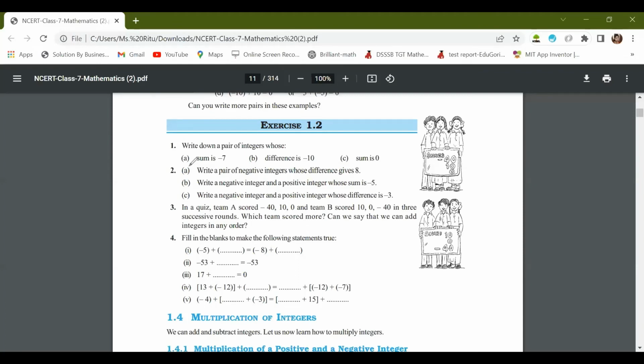क्वेश्चन नंबर 1, write down a pair of integers whose sum is -7. तो what you have to do here ना, आपको दो कोई भी ऐसे इंटीजर लेने हैं of your own choice, ऐसे दो इंटीजर जिनको आपको ऐड करने पे -7 आंसर मिले। तो जैसे suppose मैंने दो इंटीजर्स ले लिए -10 और 3। तो अगर मैं इन दोनों को ऐड करती हूँ -10 + 3, तो मुझे -7 आंसर मिलेगा। तो इस तरह से आप अपनी चॉइस से कोई भी दो इंटीजर्स ले सकते हैं जिसका सम -7 आएगा।